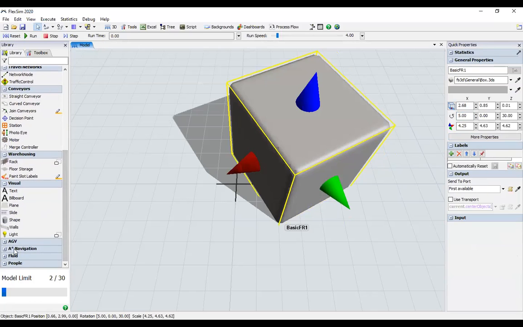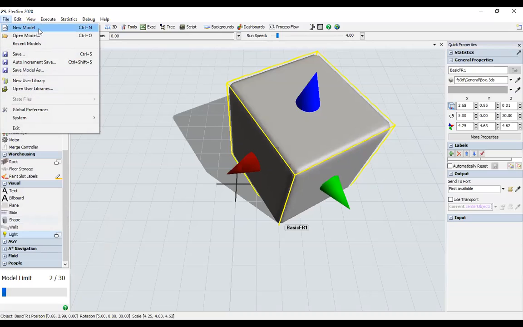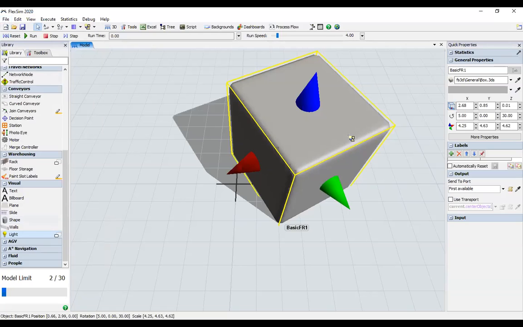As we discussed in the lighting properties, we have the point source of light, directional light, as well as ambient light. Even that you can apply on this particular object, and you can check it. First, very basic, you have to take a model. So from File, you take a new model, and after that your screen will be viewed like this.